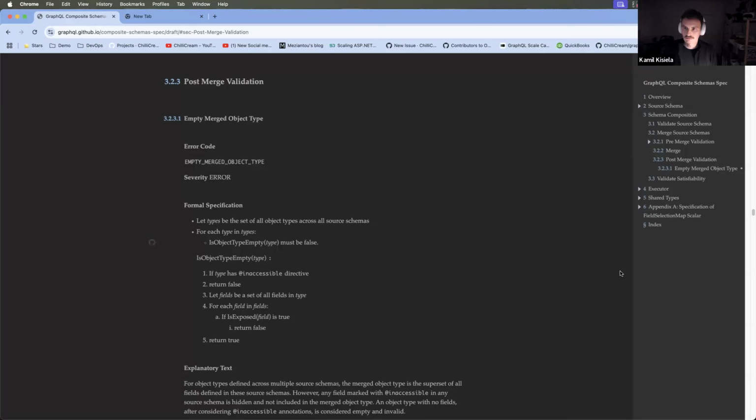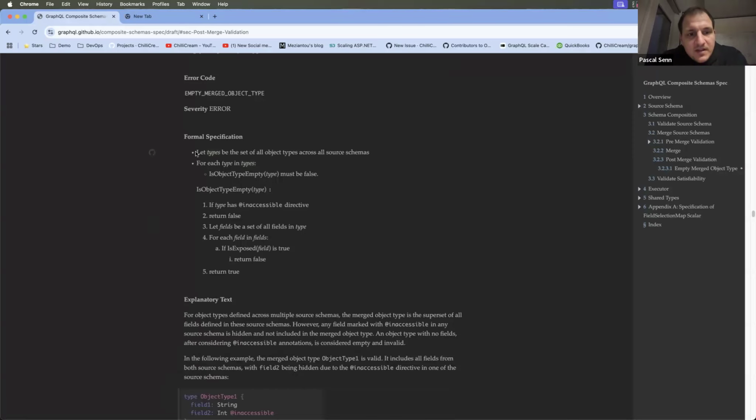It's more that things that could actually mess up the merge are done at pre-merge, because they're much more complicated to write. As you see, the post-merge ones are super easy. The indentation is wrong here, but anyway, you just specify: go over all types, do something. And a pre-merge validation rule always has to go over all the schemas, over all the types from all the schemas, give me whatever, and then validate. So it's much more complicated.